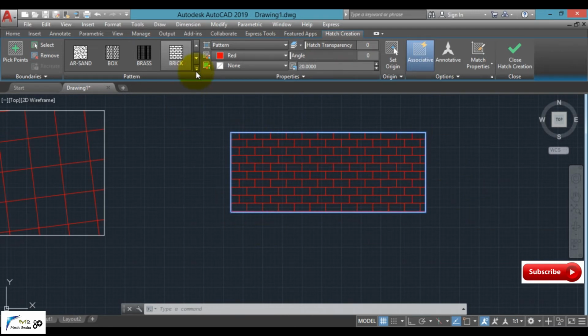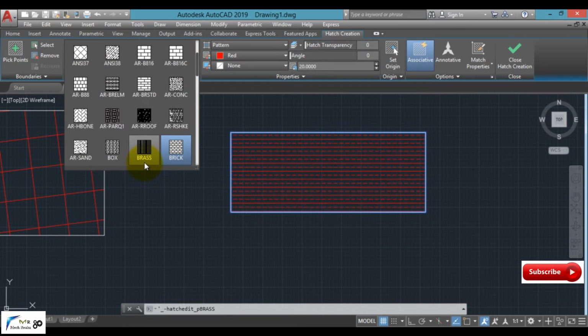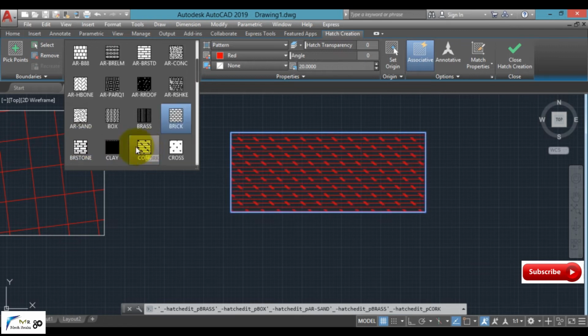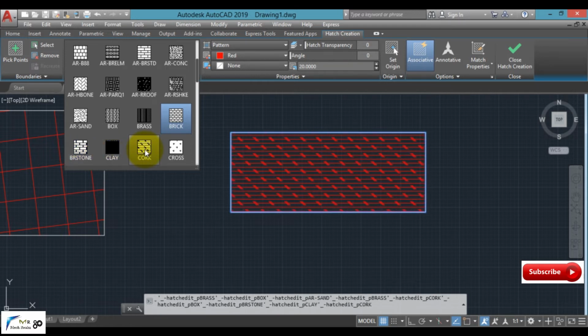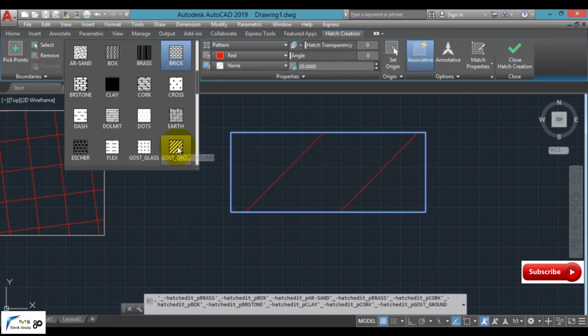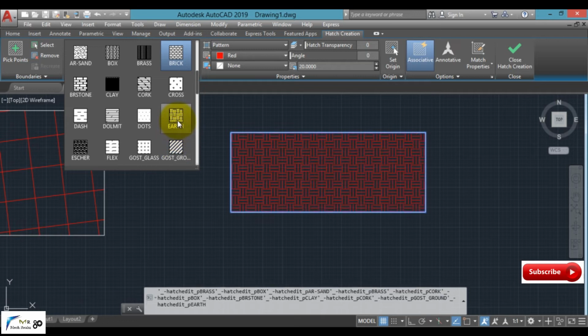Not only brick, we can select a number of items, for both civil engineering and mechanical engineering professionals. There are a number of options available in front of us. We can select any of the options, that is sand, brick, metals like aluminium, box, BR stone, clay, cork, cross, earth, etc. Clear?